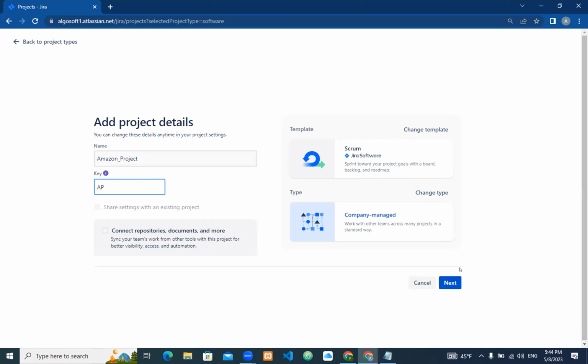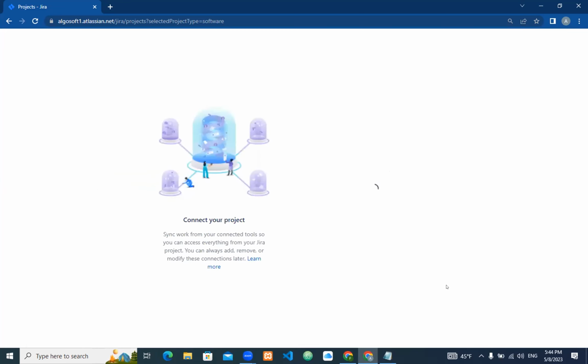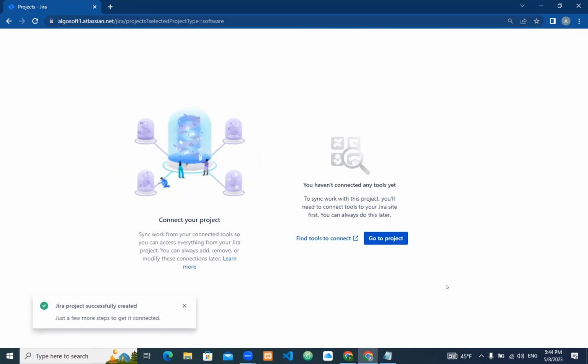After that, you have to click on the next button. I'll click on that, Next. After that, you will be redirected to that interface. Here you have a go to project button, and a bunch of other stuff giving you a description about connecting your project. These are not necessary for now, and we are not working with that. We will just follow how you will get your task from the Jira itself. So I'll click on go to